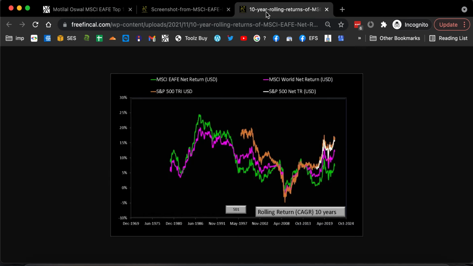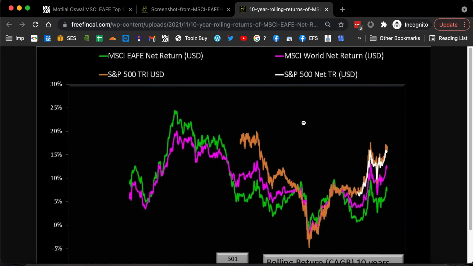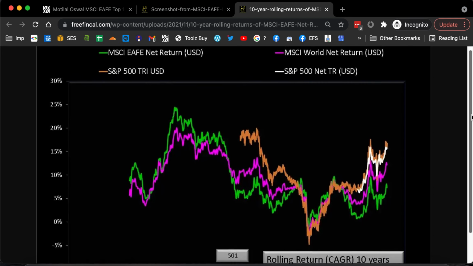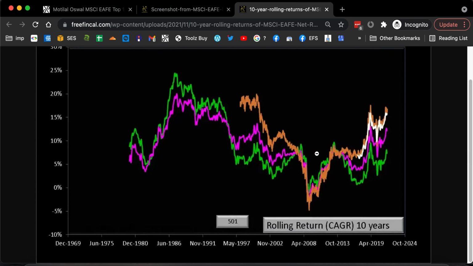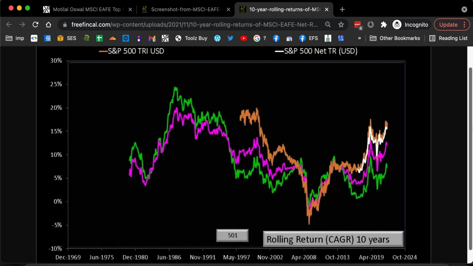If you look at the 10-year rolling returns of the EAFE index, that's the green line, compare it with the MSCI World Index, that's got about 60-70% of US stocks at some point in time. And you also have the S&P 500, which is the brown line, and the S&P net return. The net return means that the dividends are reinvested, but after accounting for withholding tax. I could not find the net return for a longer history, so the white line is the net return. Only a very short history is available, and you can see here that the green line, the EAFE index, has underperformed the world index, which is the pink line, and underperformed the S&P 500